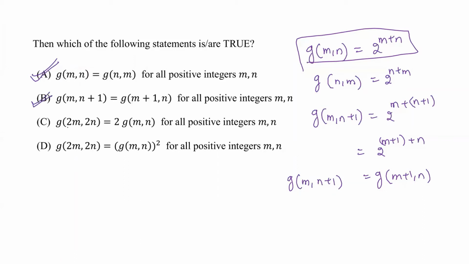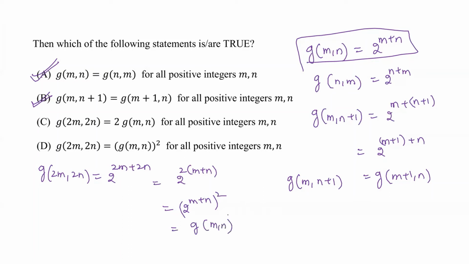Now we need to find out what will happen to g of 2m comma 2n. So g of 2m comma 2n can be written as 2 raised to 2m plus 2n, which can be written as 2 raised to, we can take 2 common, m plus n. Now from the properties of exponents, we can write this one as 2 raised to m plus n whole square. But we know 2 raised to m plus n is nothing but g of m comma n, so g of m comma n whole square is what we are going to get. So ultimately option D is also going to be the right answer for this question. So we have the answers as ABD, completely based on the properties of binomial coefficients, right? Then simplifications that we have to do will give you the answer for this question as ABD.